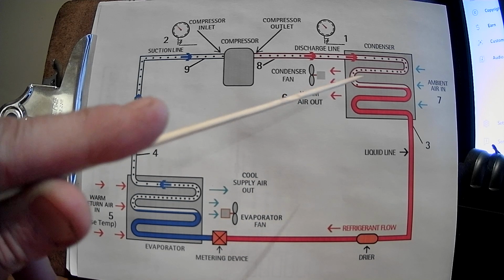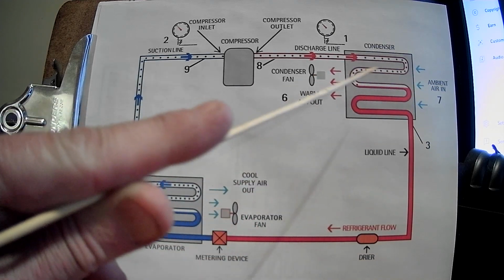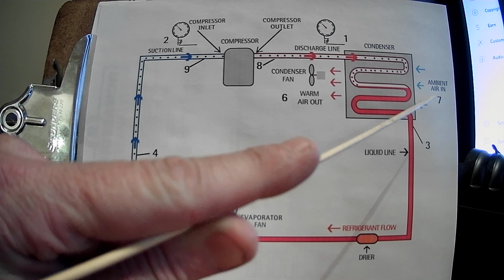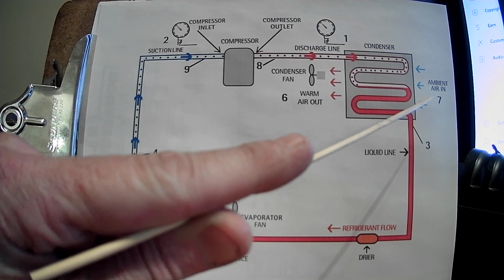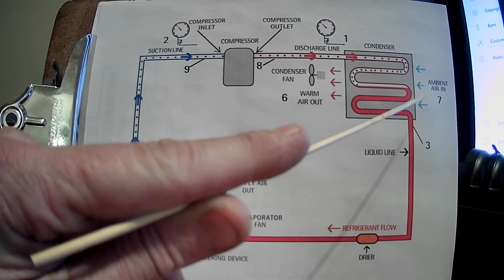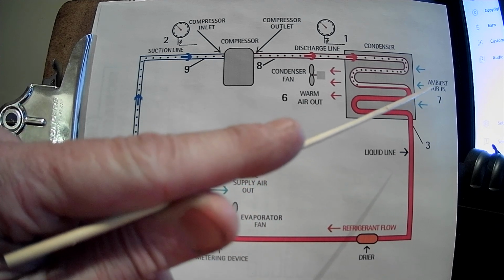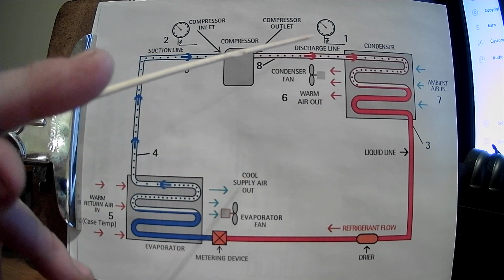Next is condenser temperature in. This is the ambient air wherever your condenser lives. Outside if you're a walk-in, underneath or on top if it's a reach-in, kitchen temperature, but basically it's the air temperature being pulled in. The next thing I want to see is the condenser discharge temperature, which is the line